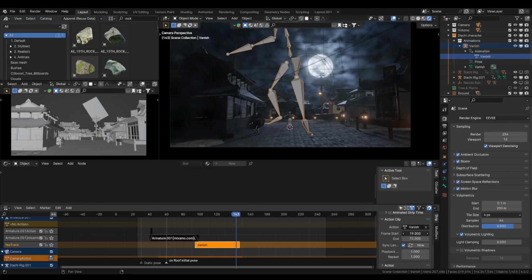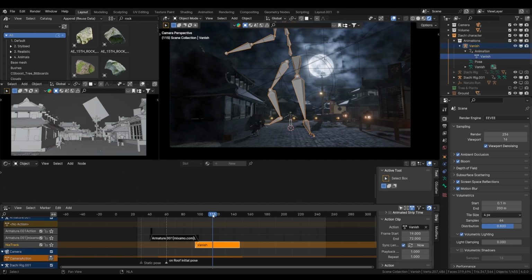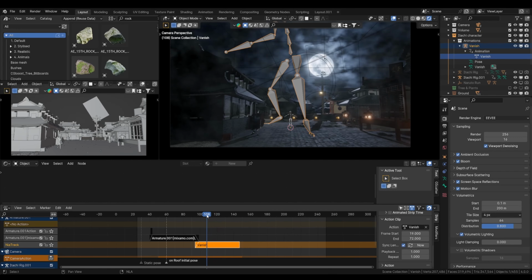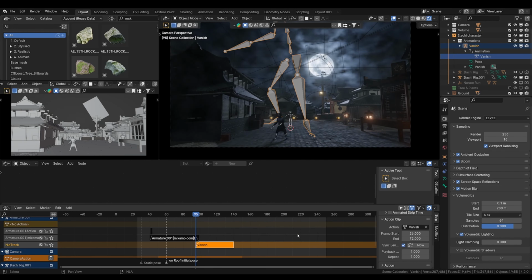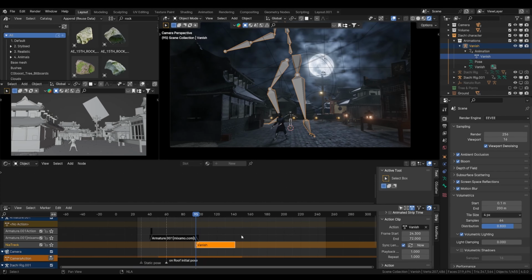So let's see, start frame. Wait a minute, I guess I dropped something from my table. Okay, so it's about selecting the right frames to start the animation, and also the position from where I wanted to start it. But the issue is that